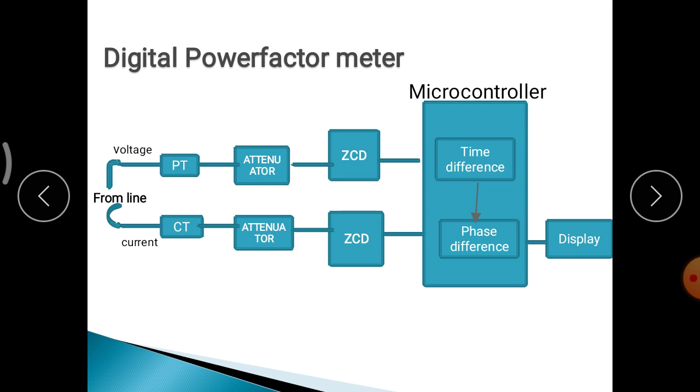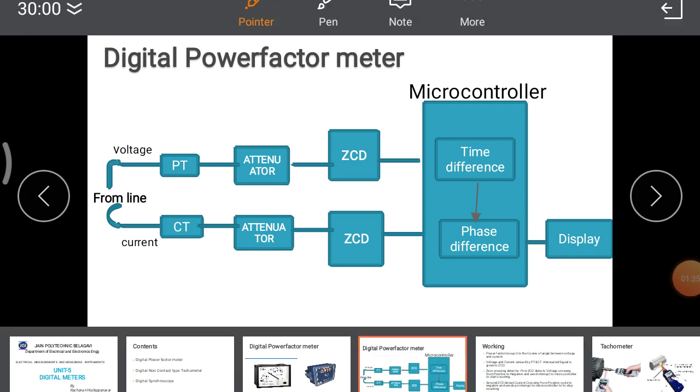See, if it is a resistive load, then what happens? The voltage and the current waveforms will be in phase. That time the angle is 0, cos 0 is 1, so the power factor is unity. If lagging or leading is there, then the voltage and current waveforms will be either lagging or leading. That time the value will change, but the highest value of power factor is always 1, unity only. Remember that always. Now we will discuss the block diagram and working of the power factor meter.